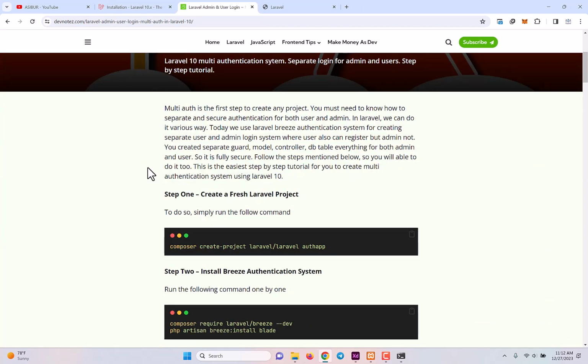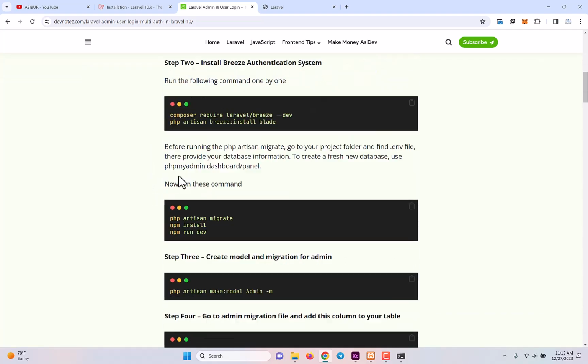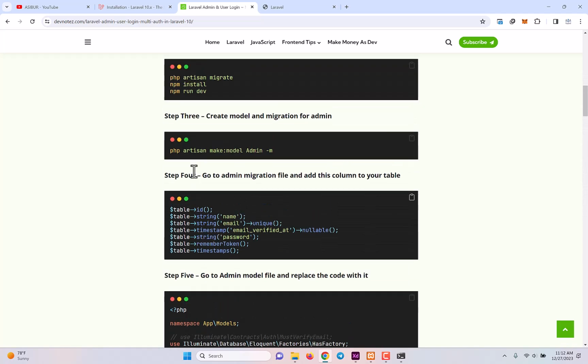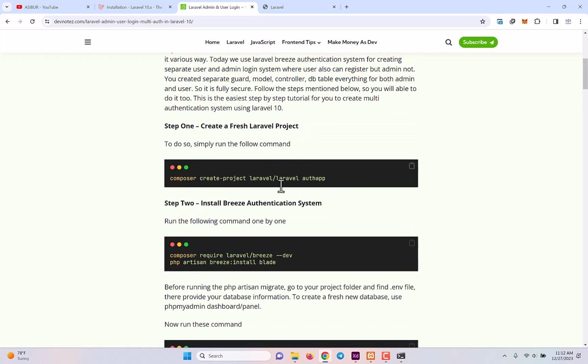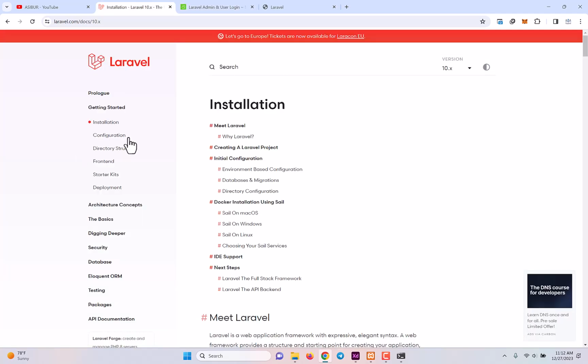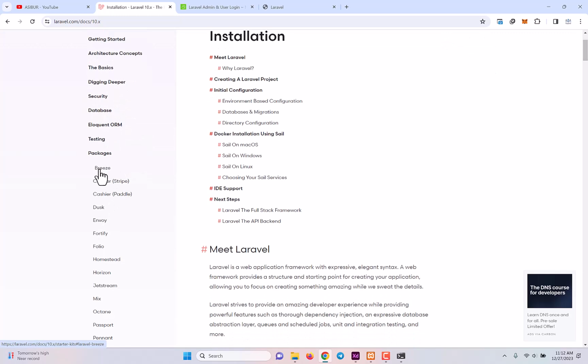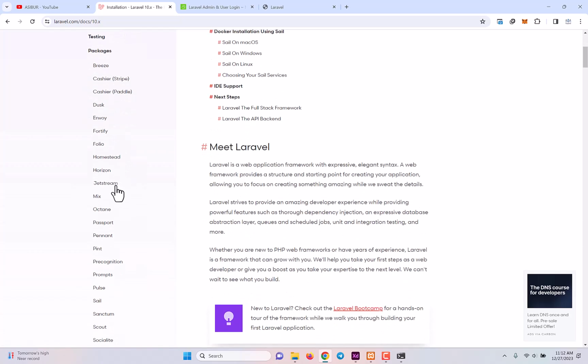So in order to enable a multi-authentication system, we just mentioned 10 different steps. Our first step is done, which is installing Laravel. Next we have to install an authentication system, and in Laravel there are several packages available. If you click on packages, there's Breeze available, there's Jetstream available. You can use any of these packages to create your authentication system, and I do recommend you use Breeze